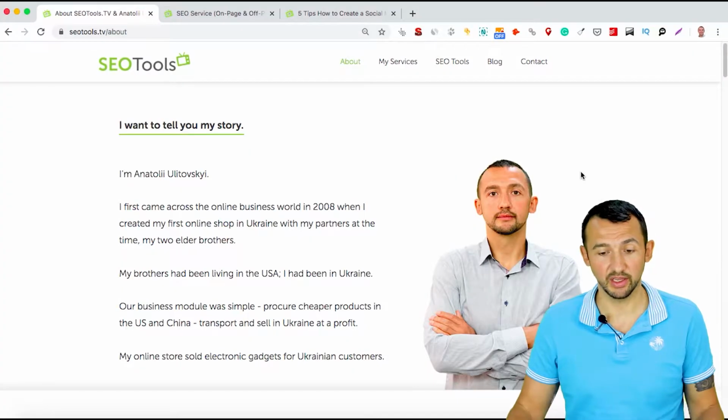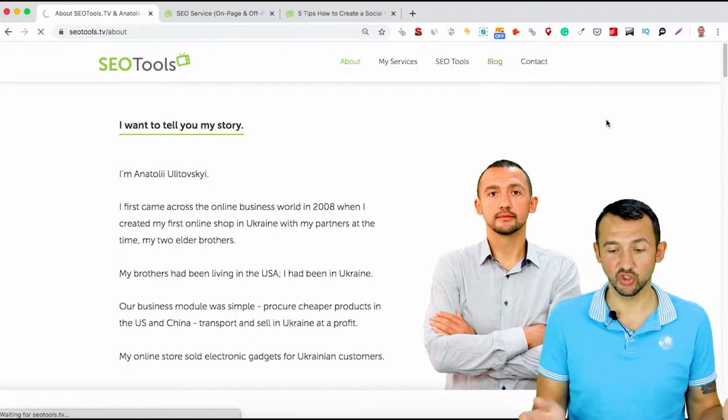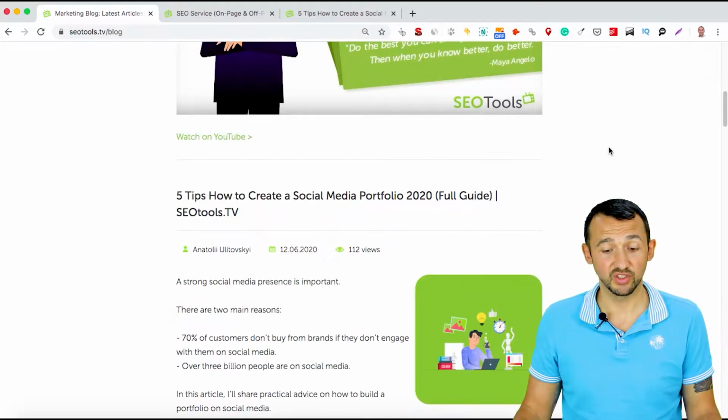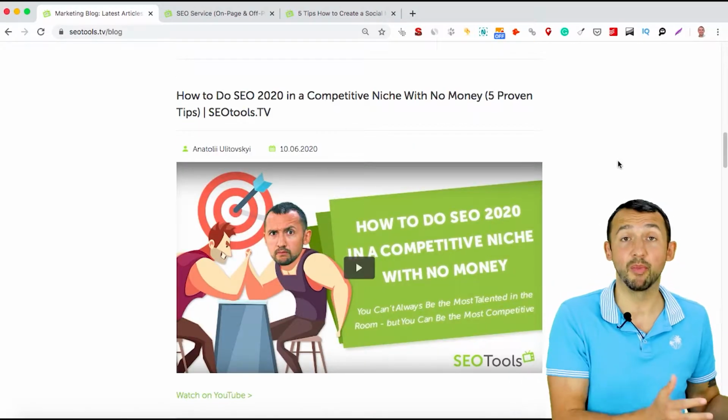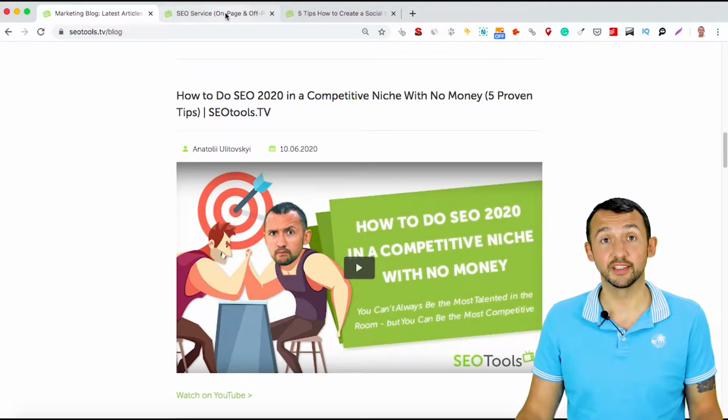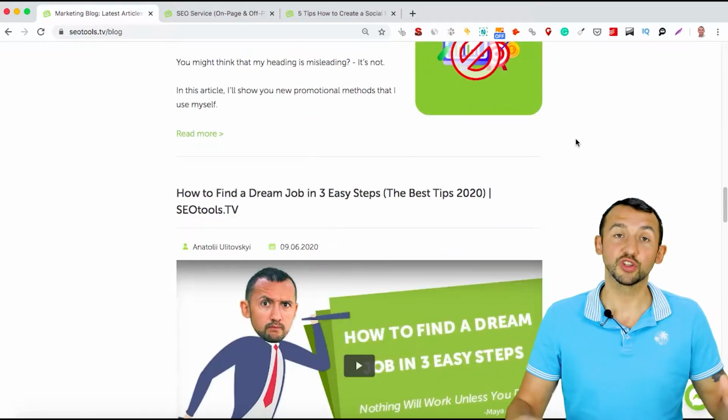If you open any other pages on my website, you can see that I use my photo all the time because it helps to increase the level of trust. People want to cooperate with a human, you know, not with a brand, not with a ghost. And you can see that I have my face here all the time. Use totally the same approach to submit only unique pictures.